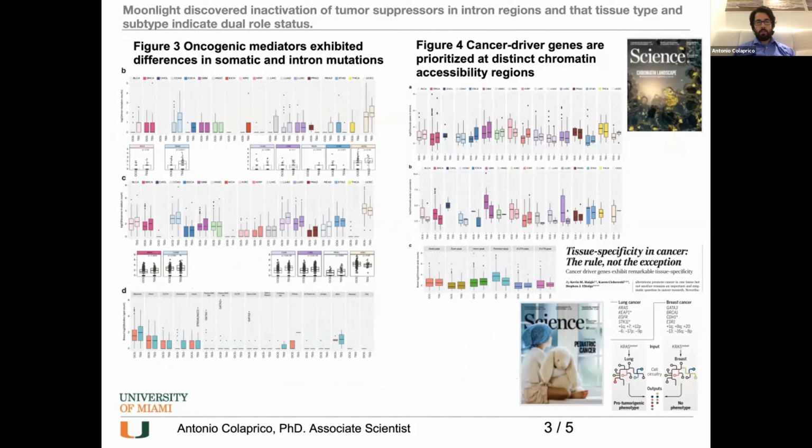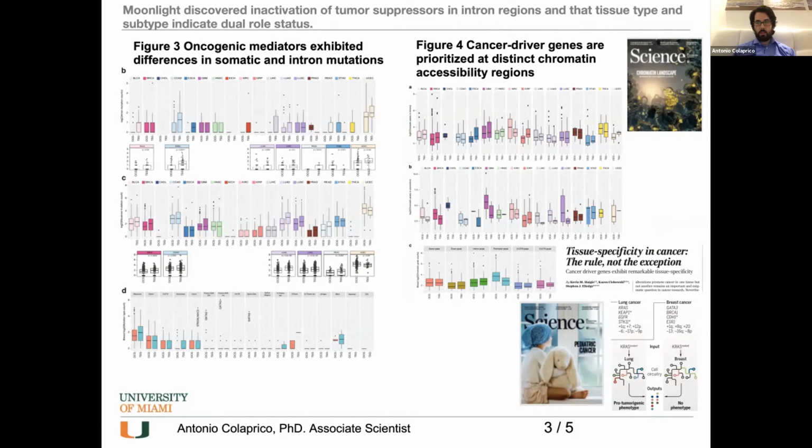So what we discovered as a novel finding is that those genes that increase proliferation and decrease apoptosis in two manners, we call oncogenic mediators. We discovered this in somatic and promoter intron mutation. So for example, we found an association here in figure 3 of oncogenes in promoter mutation, but increasing of tumor suppressors in